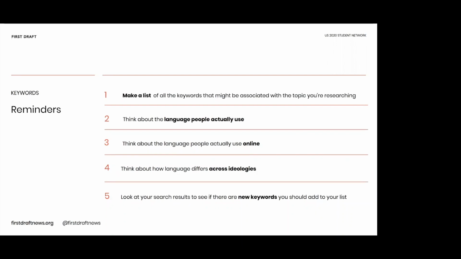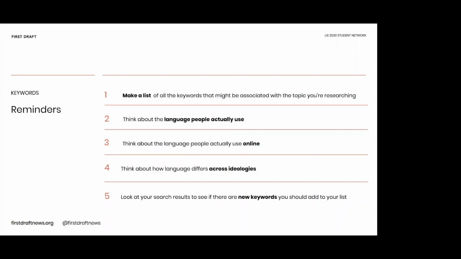And using that as a jumping off point, two, thinking about the language people actually use. So humans are not SEO bots, right? The words that you're going to see people use online are going to be different than the words organizations who have SEO experts are phrasing their headlines to get maximum clicks, right? So thinking about what is the natural language that people are using,